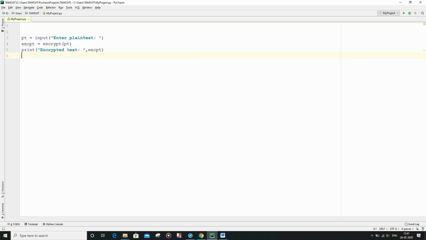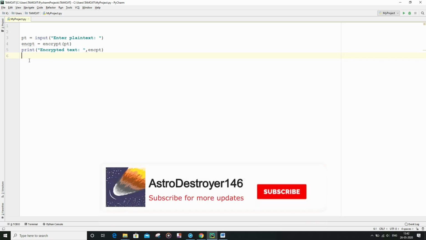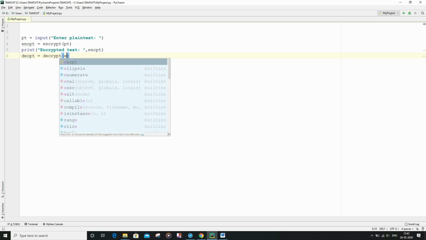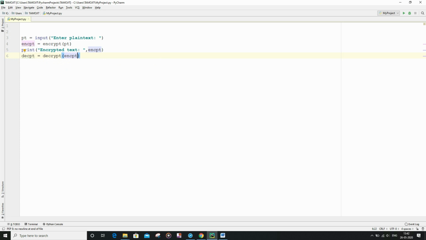Now I am going to do the similar thing for the decrypt function and the decrypt string variable. Inside the decrypt function, I am going to pass the encrypt string variable as input, and finally print the decrypted text.